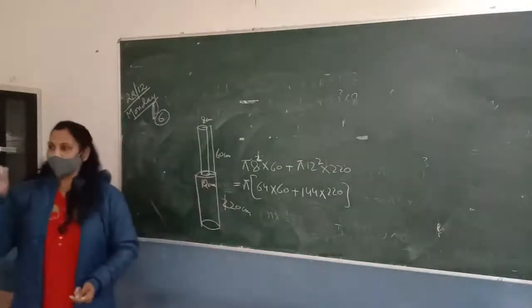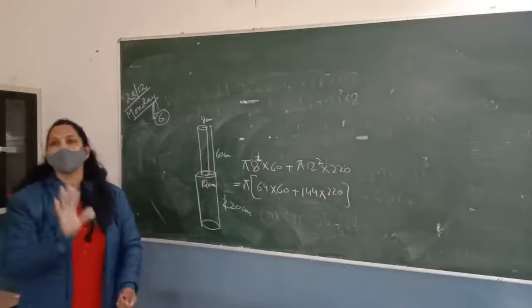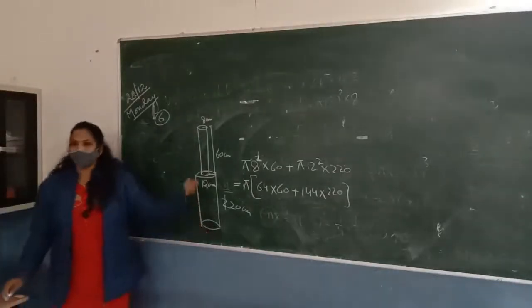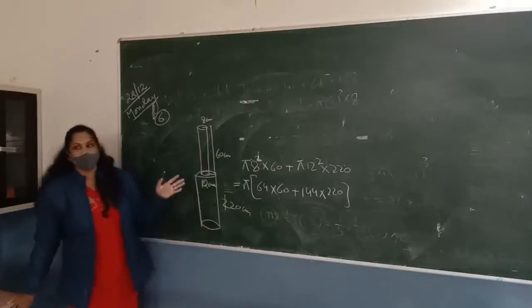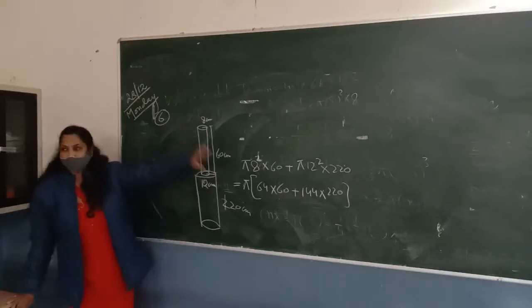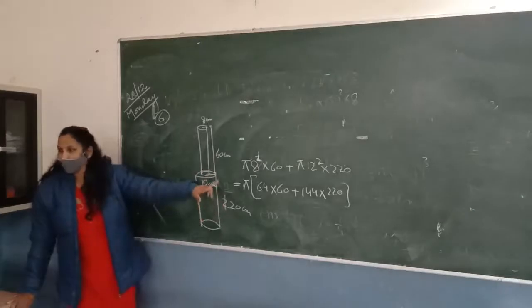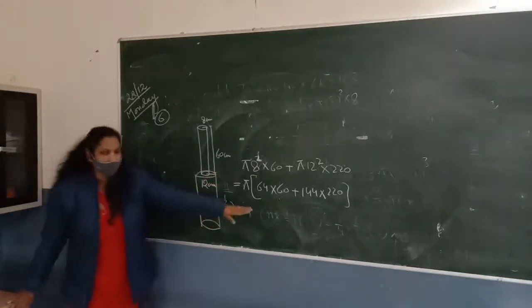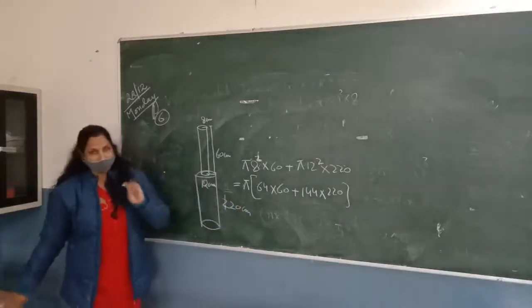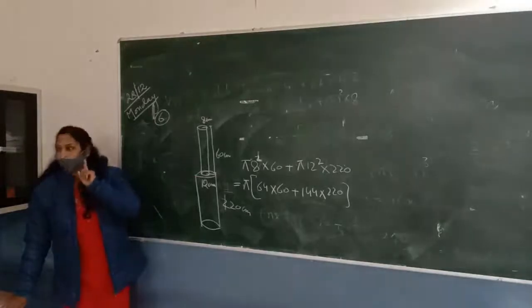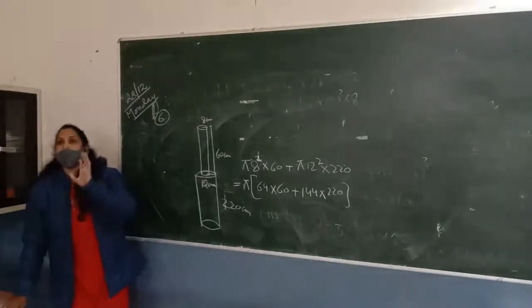In mensuration you have to write every value which is given in the question. Say what is the radius of the largest cylinder, what is the radius of the smaller cylinder, what is the height of the largest cylinder, what is the height of the smaller cylinder, and then the volume of the cylinder is this one. After finding the value, we know that one centimeter cube has a weight of 8 gram. So after finding the volume we can multiply it with 8 gram. Or if the answer is more than 1000, then don't forget to convert it into kilogram.